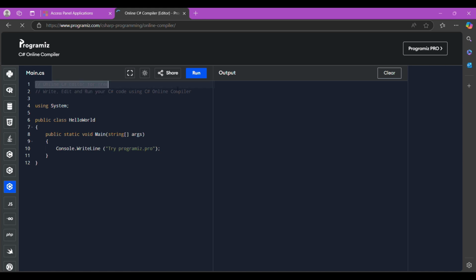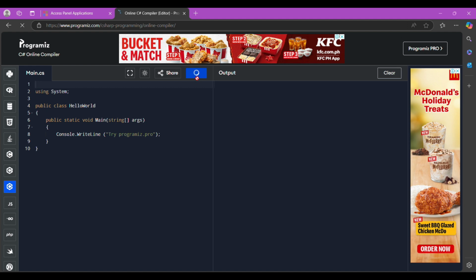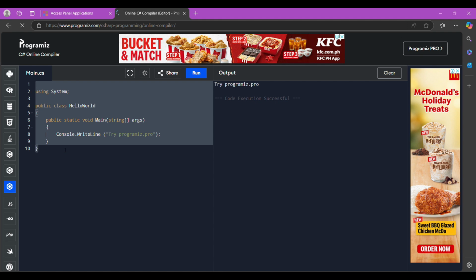And it will show you this simple C Sharp example that prints Try Programiz Pro. The output is Try Programiz Pro because it is written in this Console.WriteLine. So the first thing I'm going to teach you is about, I think it's a loop, the one that counts from 0 to 4.